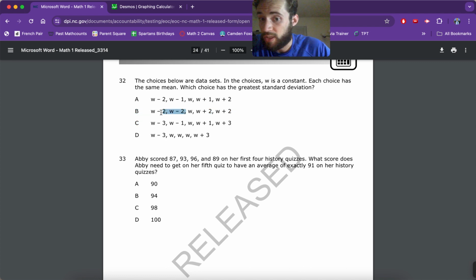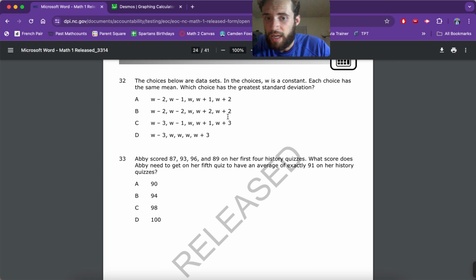Because if you add up the total differences, it's 4 and 4, so that's 8, and then it's 4 and 4, that's 8. But it's not just about the sum of the differences. You're squaring the differences, and then you divide by the number of things. So if you wanted to be safe, you could type it into the calculator. But I'm going to tell you it's just going to be C, because even though they have the same total